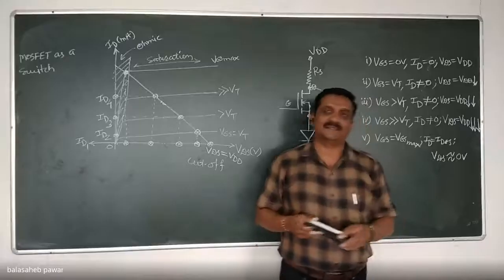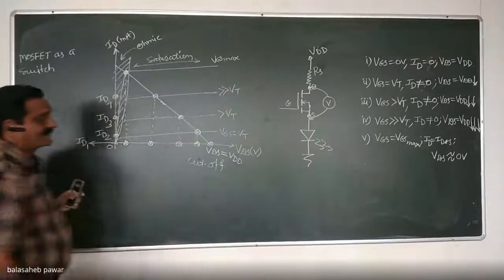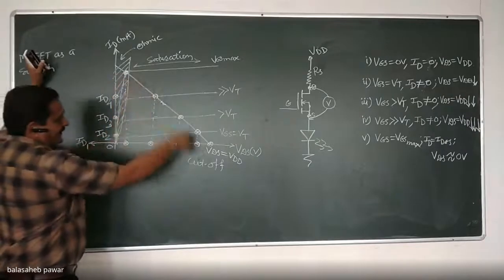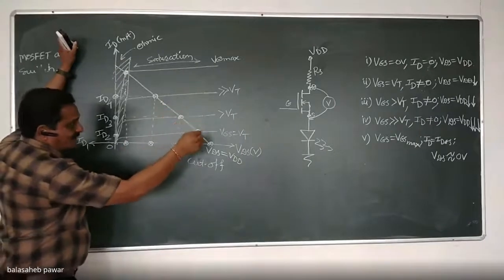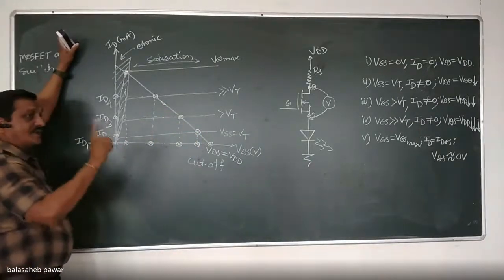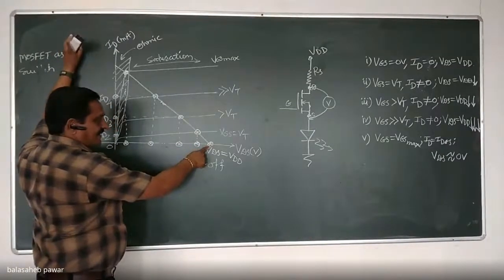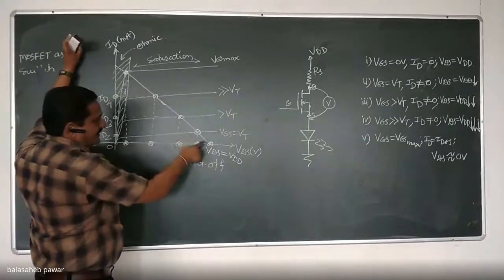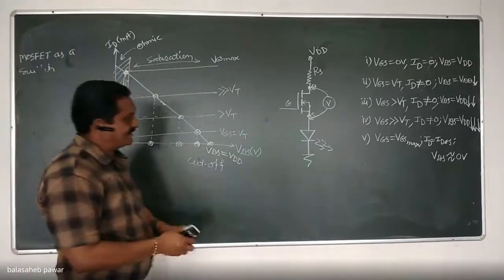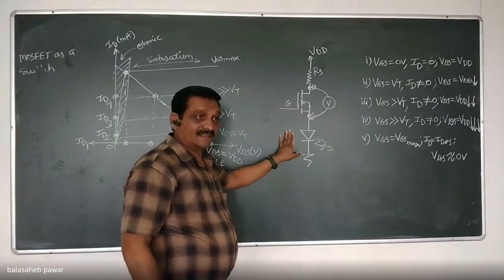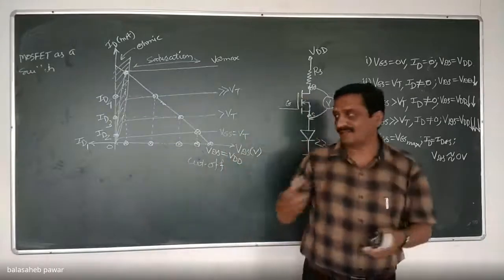Okay. So being an on switch, or a closed switch, you will observe by that example, the DC load line and output characteristic of this MOSFET, where it should get operated. Being a closed switch, it should not be operated in the cutoff region, is it? As well as it should not operate in the saturation region, because whenever it operates in the saturation region, this LED will get on, no issue. But what will be the disadvantage? There will be unnecessarily more voltage drop across that switch as per this example.